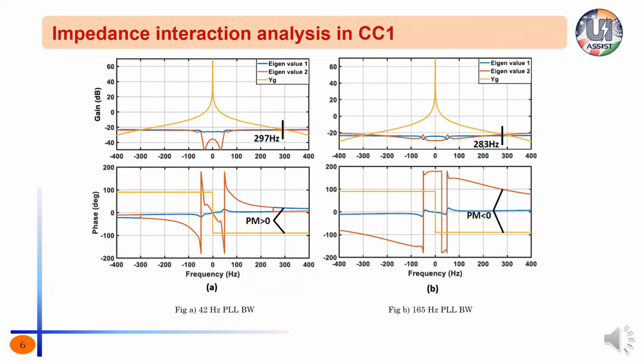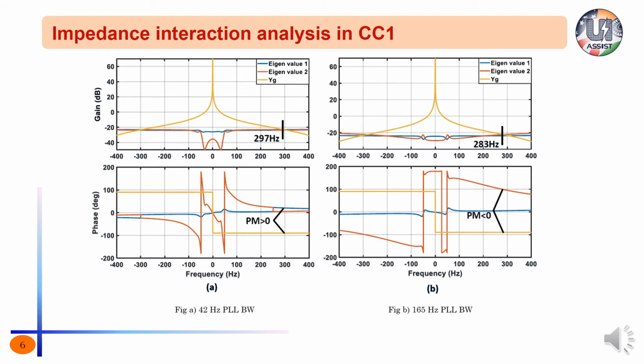So far, we have seen how PLL in CC1 and CC2 is exhibiting negative damping on QQ channel impedance. It is also observed that it is a function of PLL bandwidth. But from the previous frequency response analysis, it is very difficult to identify how negative damping of PLL in QQ channel impedance affects the overall output impedance of the inverter. Also, it is very difficult to predict interactions between inverter output impedance and grid impedance due to PLL.